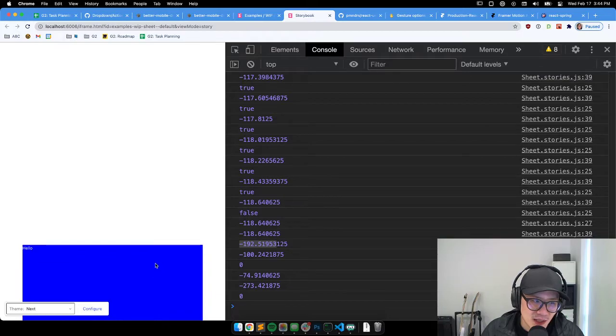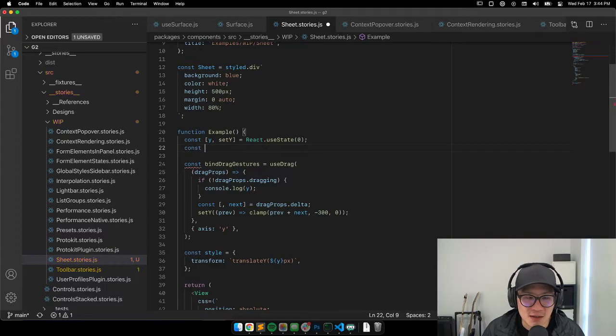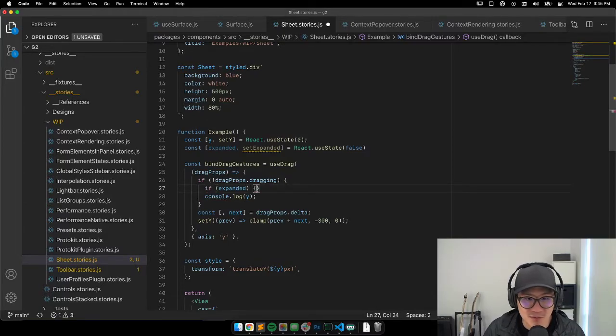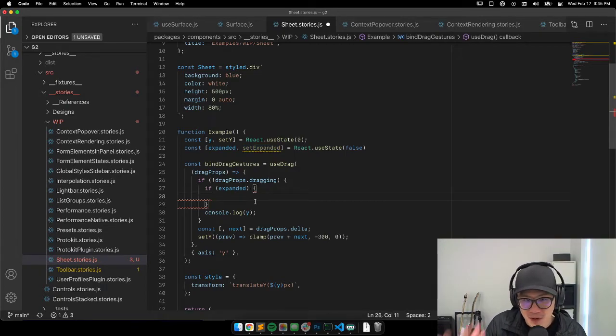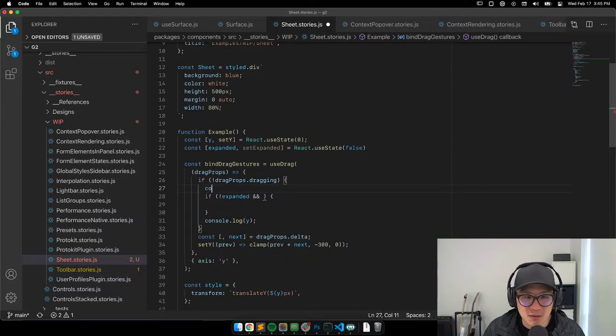And what I want is, we'll set a state. Expanded, set expanded, React useState, false. So if I stop dragging, and if it's not expanded, and again, this logic is awful how I'm writing it right now. It's just me figuring out the mechanics of it, and then I would go back and refactor. So if it's not expanded, and let's say D is the drag distance, so it would be the math of absolute Y. Let's see, and if the dis, that being the distance, is more than 20, then